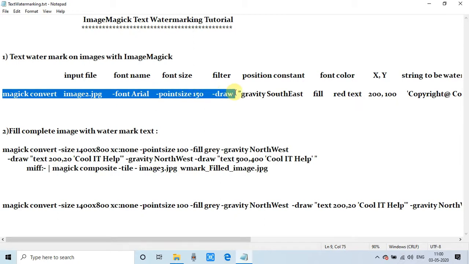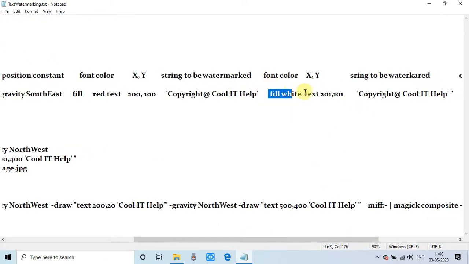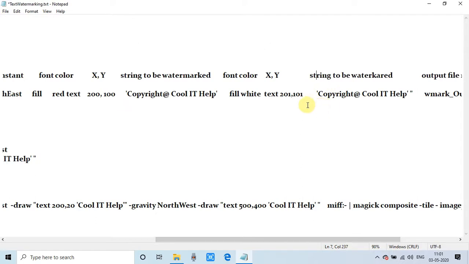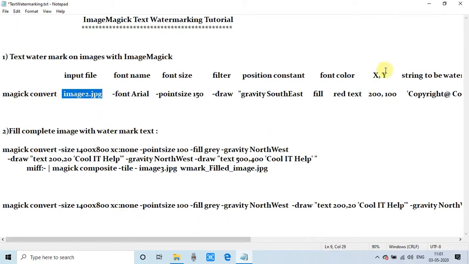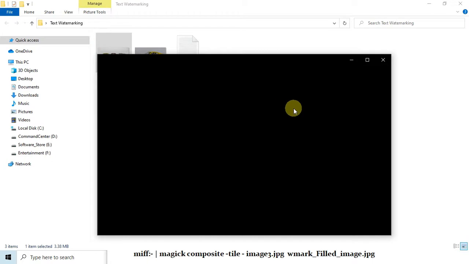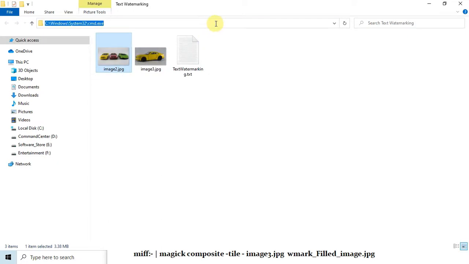And here's the command, the same command given in the description. You guys can copy and do some hands-on with this command and try this with your own, check and verify your results and do more things. Here we have specified the text in a red color and white color. So we are going to place two kinds of text on the image. So here this is the original image, and we will use this image as input for this command.